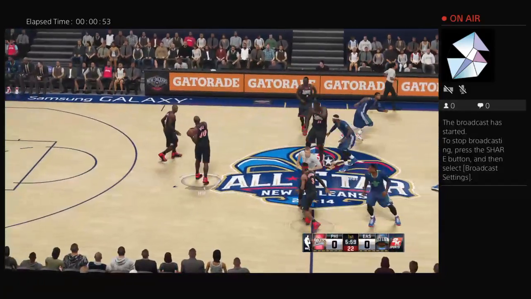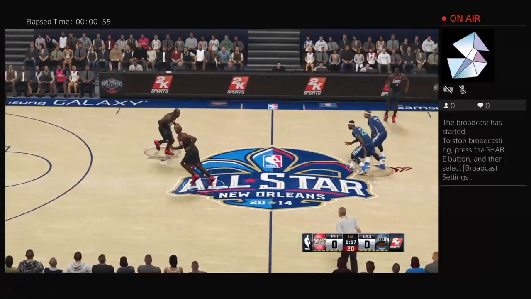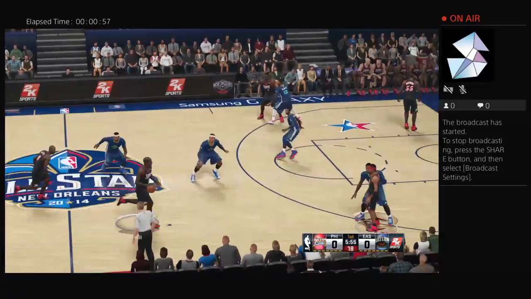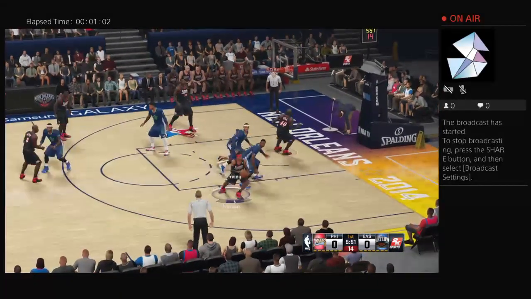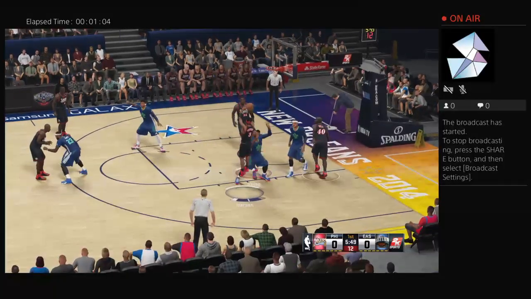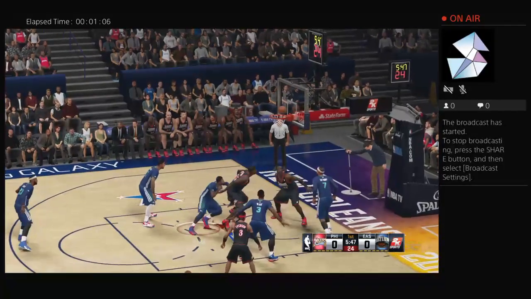So Philadelphia will get the first possession. Now a look at Philadelphia's starting lineup. We've got Mutombo. Iverson is out there with McKee. Then it's Lynch. And it's Hill in at the